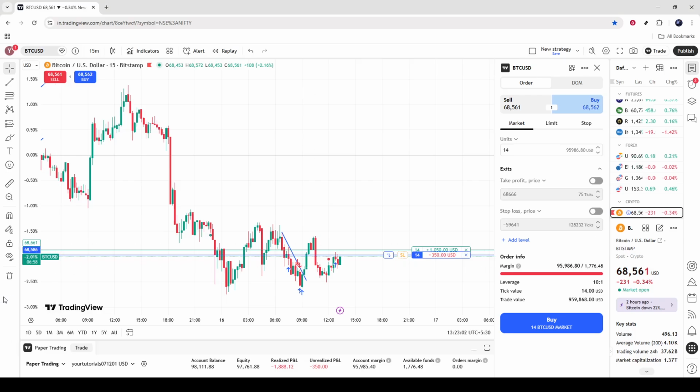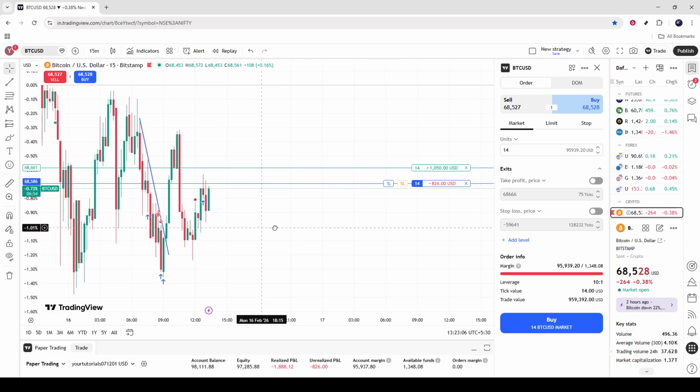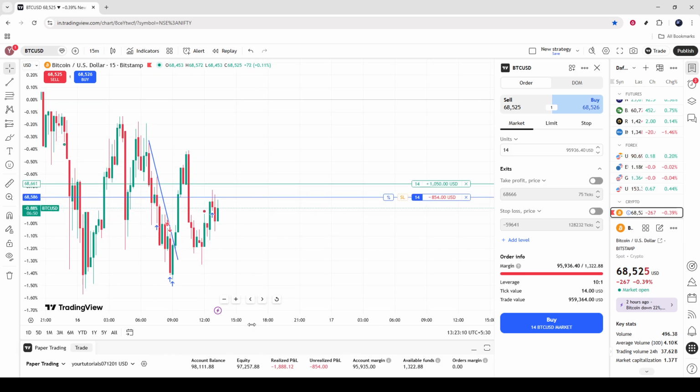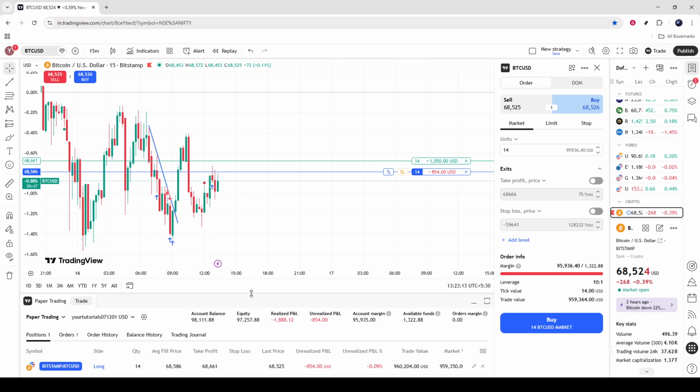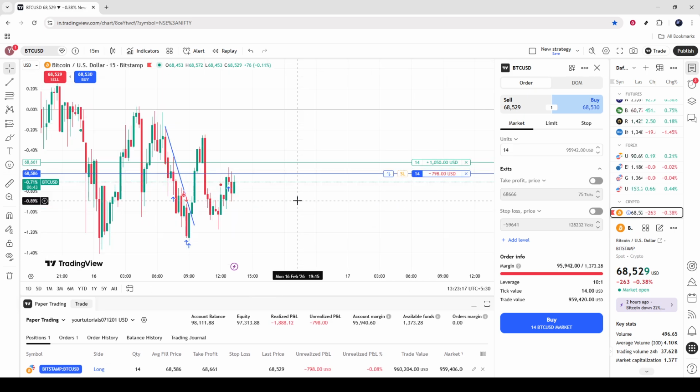In this tutorial, I'll show you how to measure position size in TradingView. By the end, you'll be able to use TradingView's built-in long and short position tools to calculate the exact trade quantity based on your account size, chosen risk, and stop loss, and see how changes affect your risk to reward